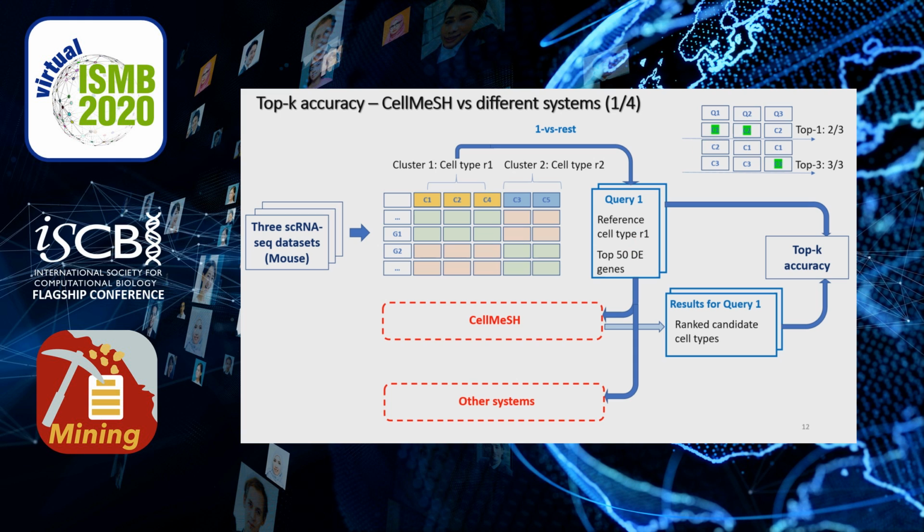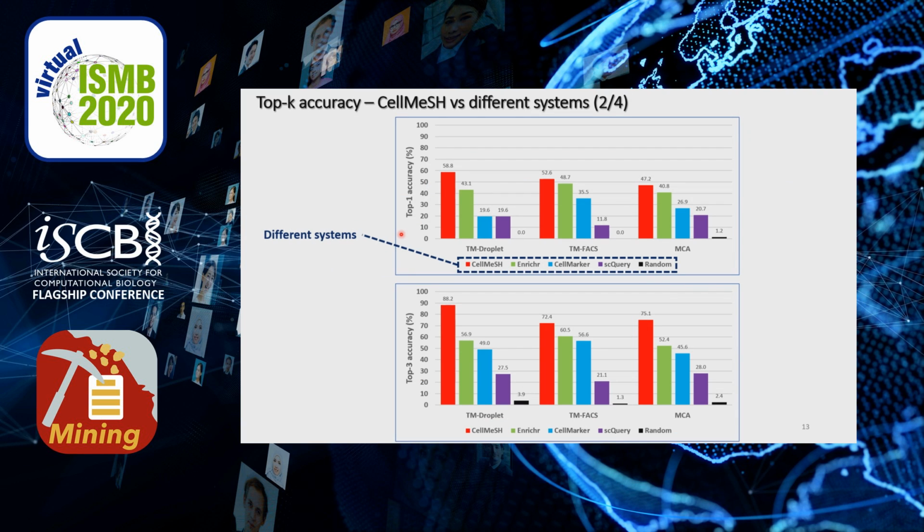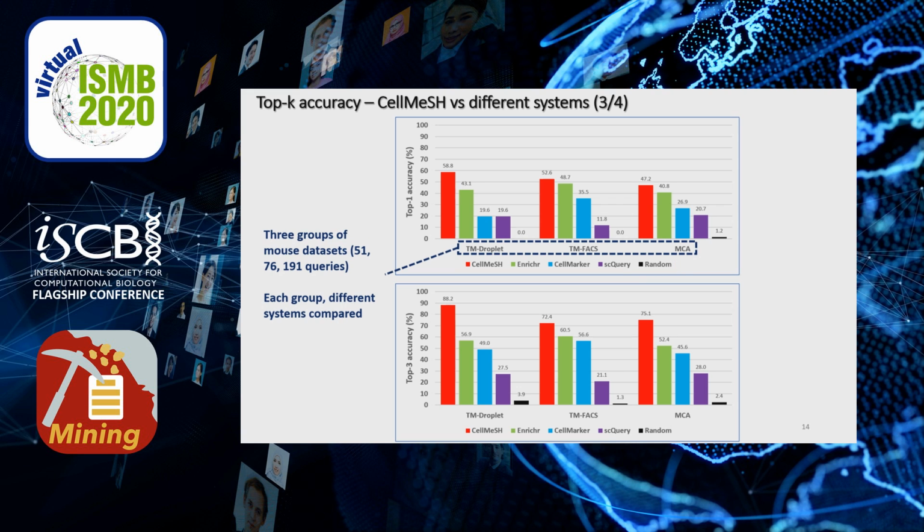Similarly, we query with other systems to get the results, and compare with the reference to calculate top K accuracy for comparison. These two figures show top 1 accuracy and top 3 accuracy respectively. We compare CellMeSH with existing systems including Enrich, CellMarker, and scQuery. We also include random retrieval as a lower bound. In each figure, we have 3 groups with respect to 3 mouse datasets, and in each group, different systems are